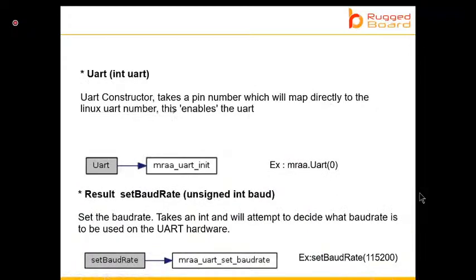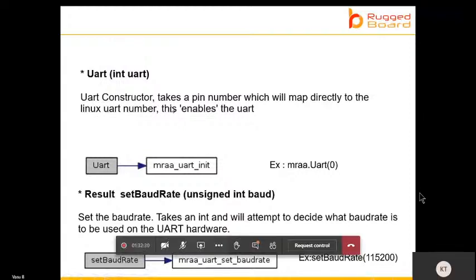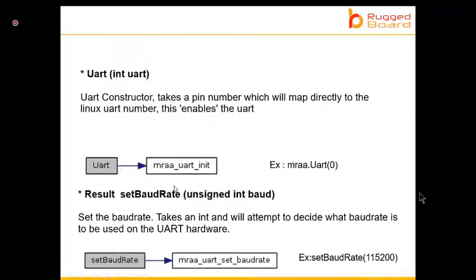So here is a small example of the APIs. UART init is one of the APIs, and then you have to set the baud rate. When you say serial port, you have to first initialize the UART with its pins. This will do the pin muxing and all those things. Then set baud rate will initialize the baud rate of the UART. Typically for your console you use 115200, and for slow speed devices you use 9600 baud rate basically.